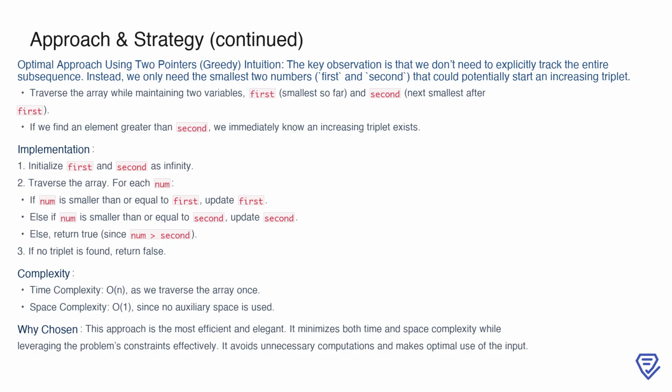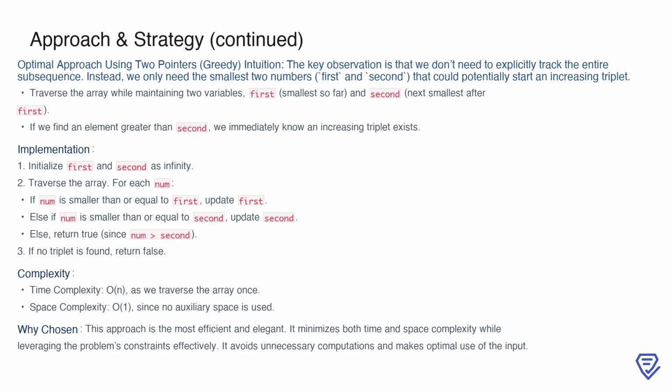Here, we use an auxiliary array, dp, where each element dp[i] stores the length of the longest increasing subsequence ending at index i. For each element in the array, we compare it with all preceding elements to update dp[i] accordingly. If dp[i] ever reaches a value of 3, we immediately know an increasing triplet exists. This approach significantly improves on brute force, as it reduces the time complexity to O(n squared), by eliminating one layer